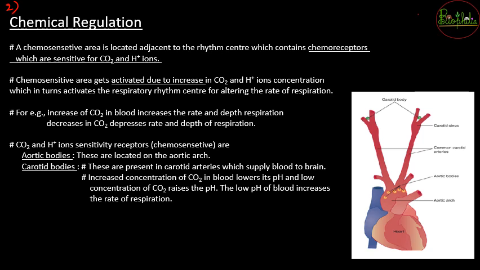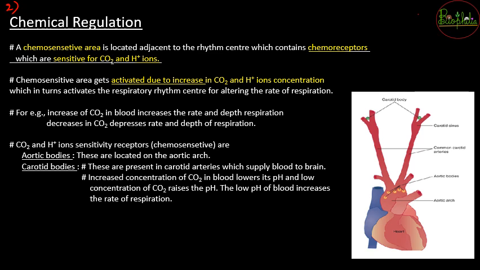So chemical regulation is going to be because of the chemosensitive area. Now why does this chemosensitive area exist? Because of the presence of chemoreceptors. Now these chemoreceptors are going to be very sensitive to carbon dioxide and H plus ions. Because of increase or decrease in their concentrations, the chemoreceptors are going to get activated. So to activate the chemosensitive area, the increase of carbon dioxide and H plus ions concentration is going